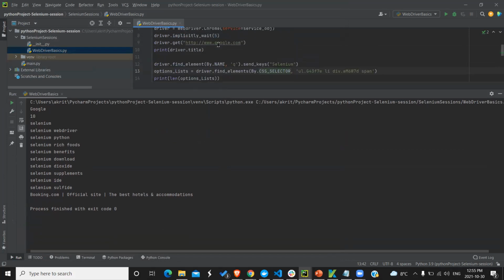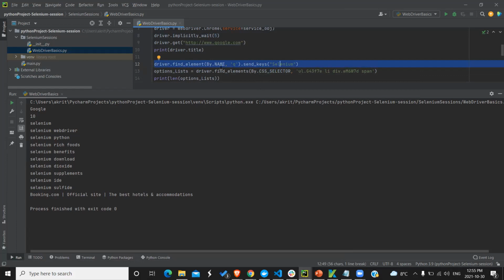When I ran the script, driver.get went to google.com. It took its title with driver.title, and we got the title. From there, driver.findElement by name found the variable name associated with the search box. We provided input with send keys, which is for sending the user input into the field.